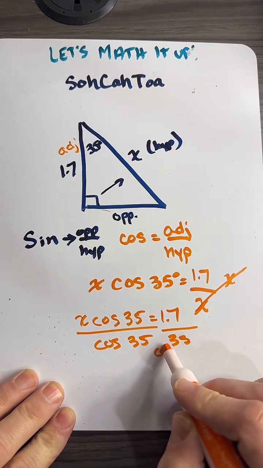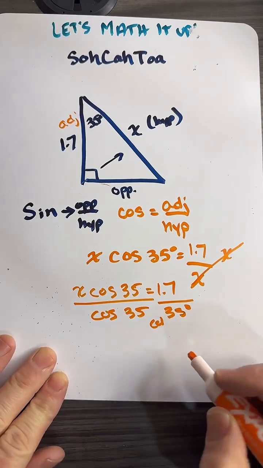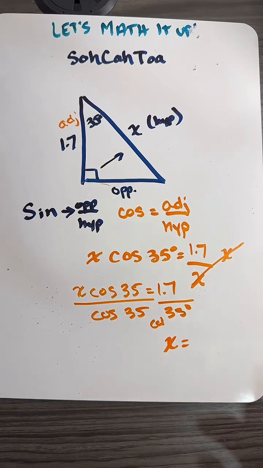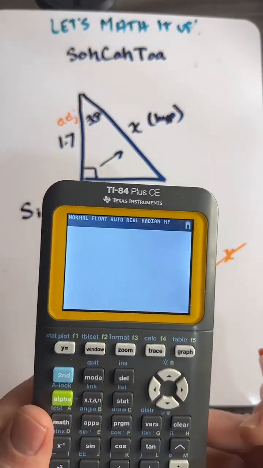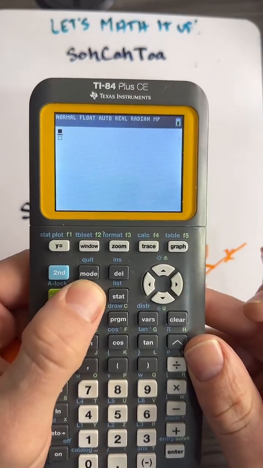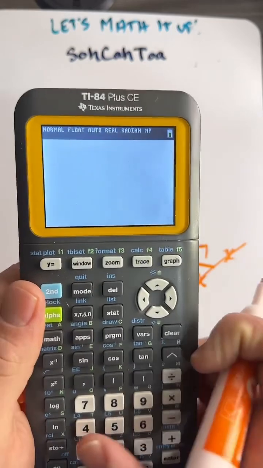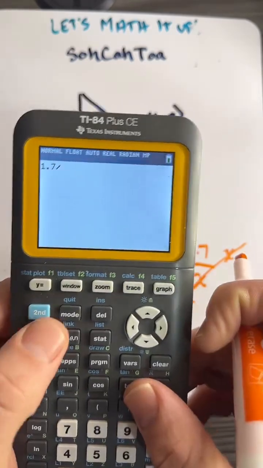Oh, cosine of 35 degrees. So then my x value is, take my TI-84. If you don't have this calculator, it is very good because you can press alpha x and I get a fraction button. Very, very good. So I get 1.7 divided by, now I'm going to make sure I'm in